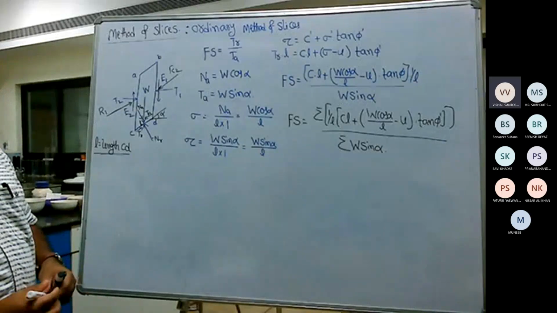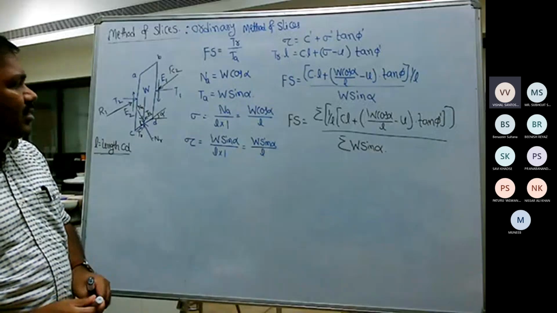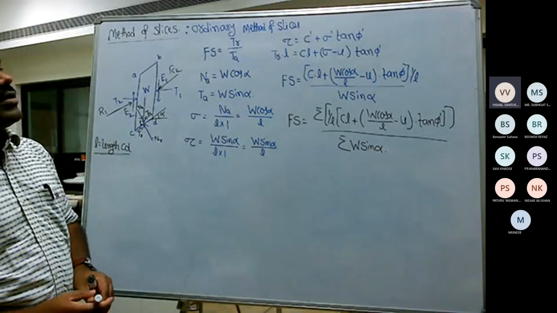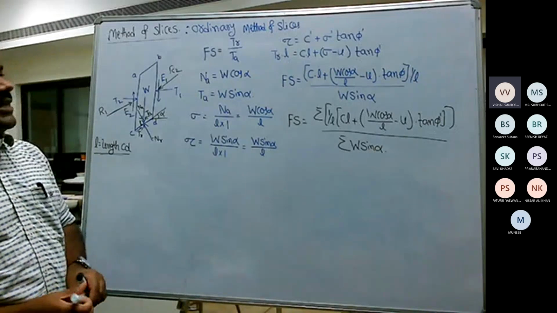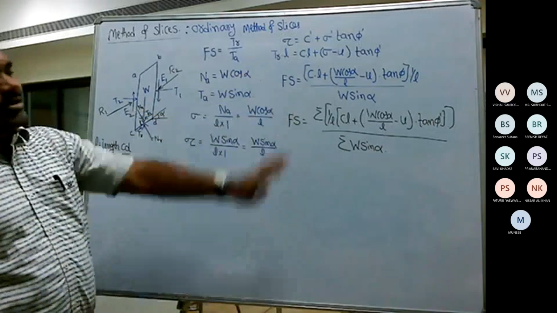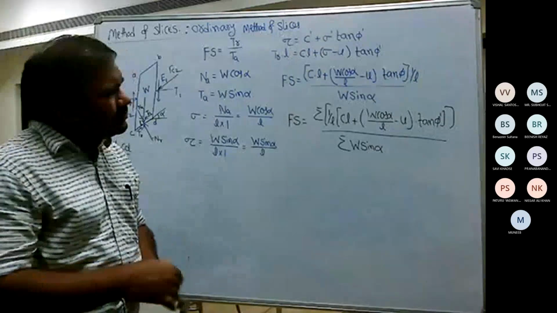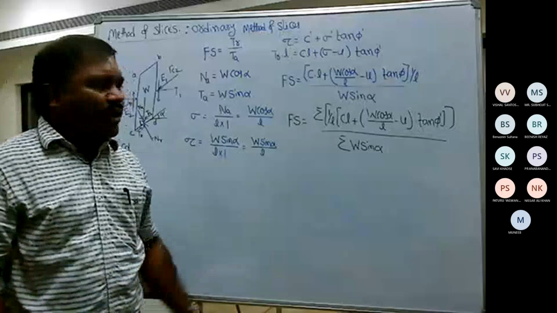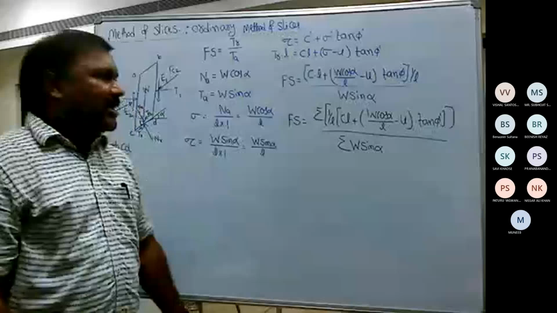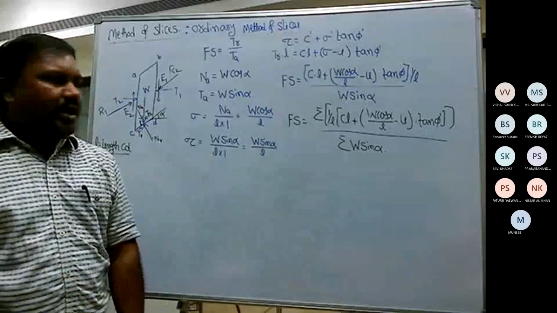Sir, you can see TL is kilonewton per meter and cL is also kilonewton per meter. But sigma is kilonewton per meter square, and U is also a stress in kilonewton per meter square, which is dimensionally incorrect, sir. Okay, I will see it. Yeah, there is some mistake, I could see. So maybe I will look into it and explain again in the next class. Okay, any other question?